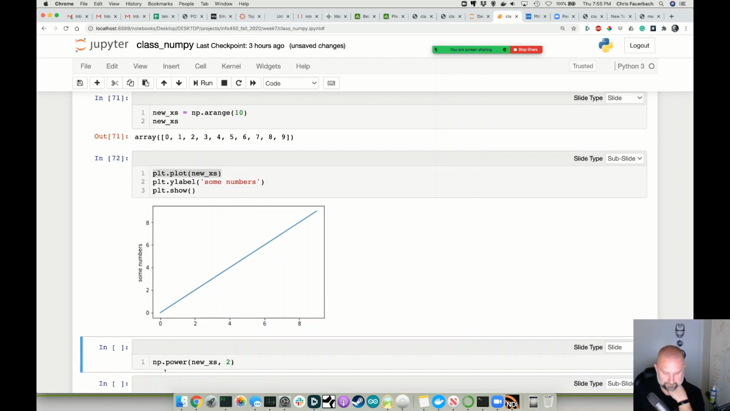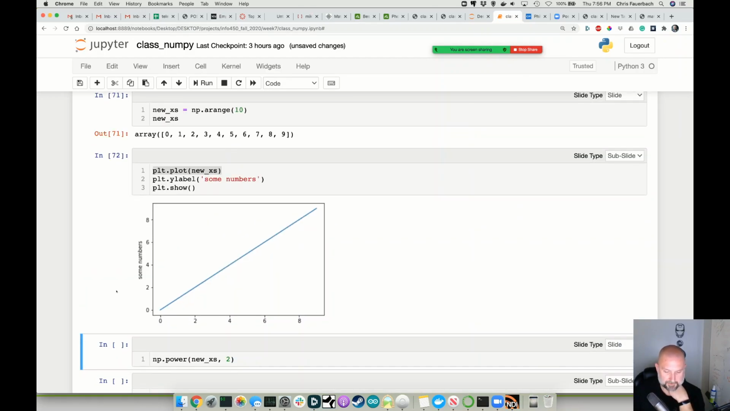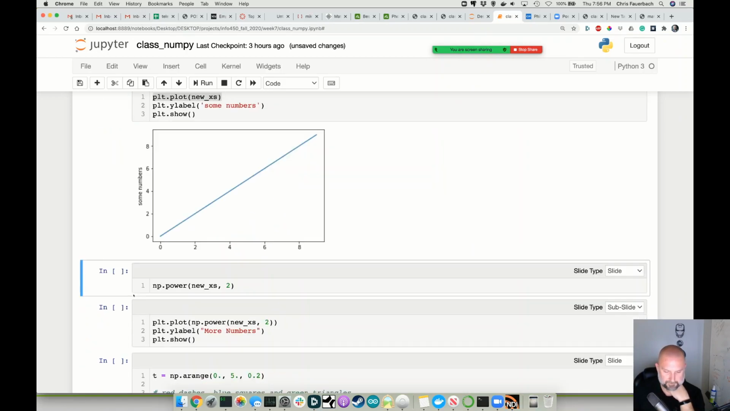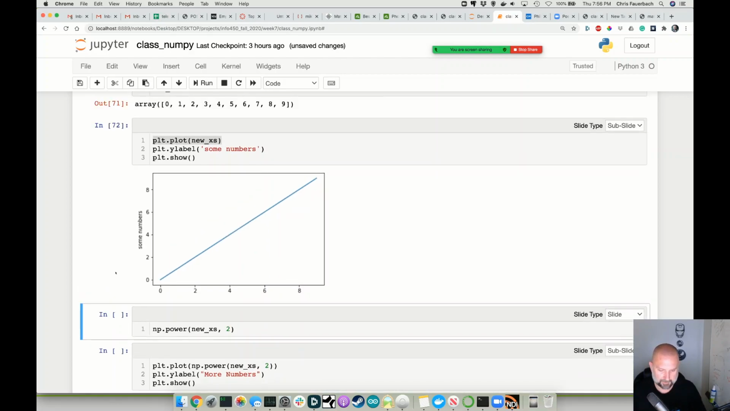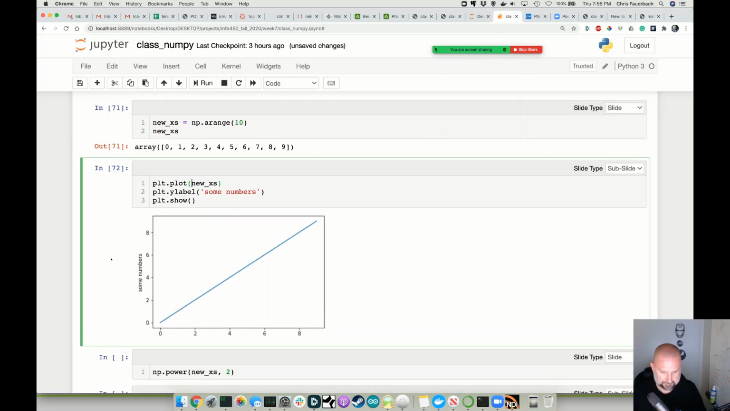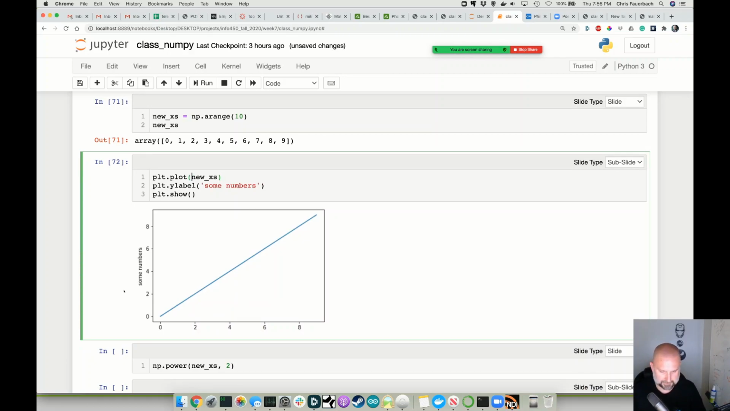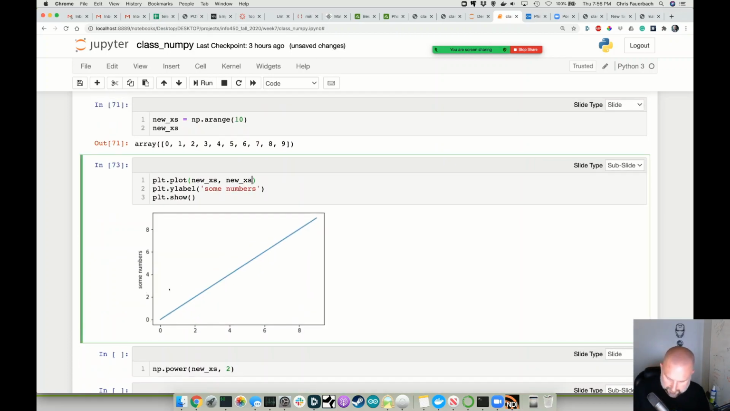So that's not really helpful. And power, yeah, that's all I'm doing. I'm just plotting that graph of those numbers. It looks like the x and the y value is the same. But if I want to try something, I think plot takes two arrays, the x value and then the y value. So this should be the same. That's the same. But if I